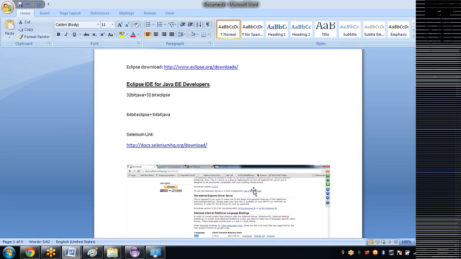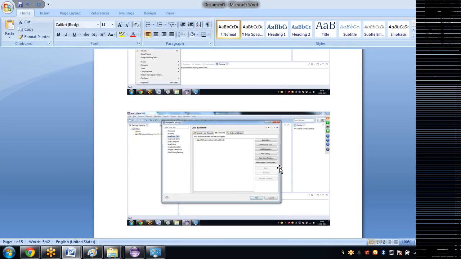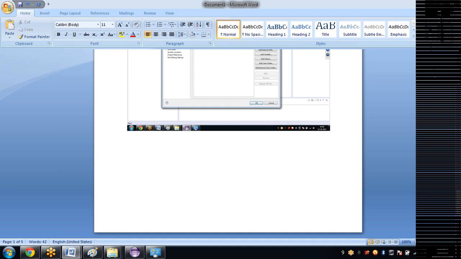Remember this logic once. Creating a test suite is like creating a project, which was done. Creating a test case is like creating a class.